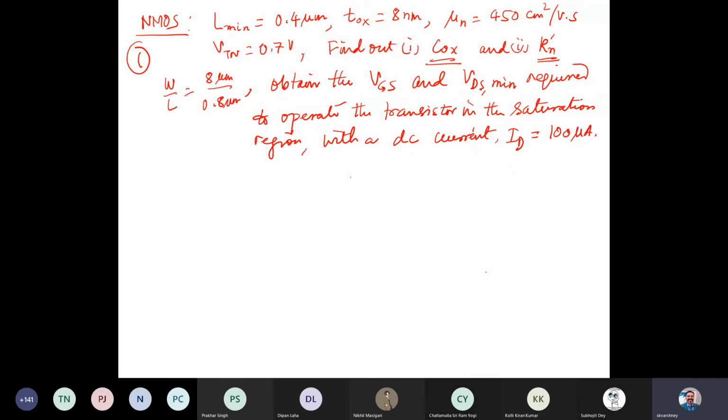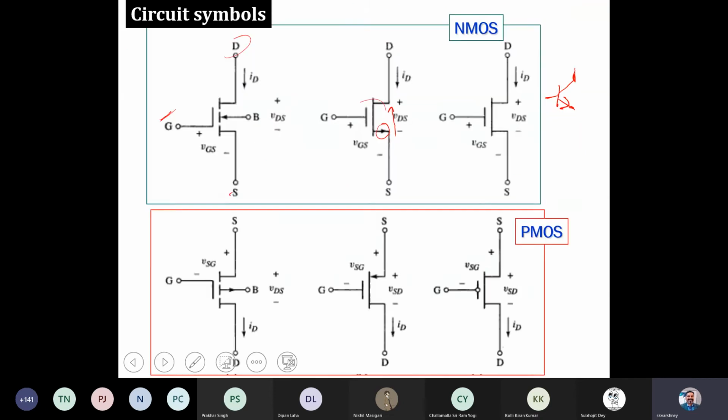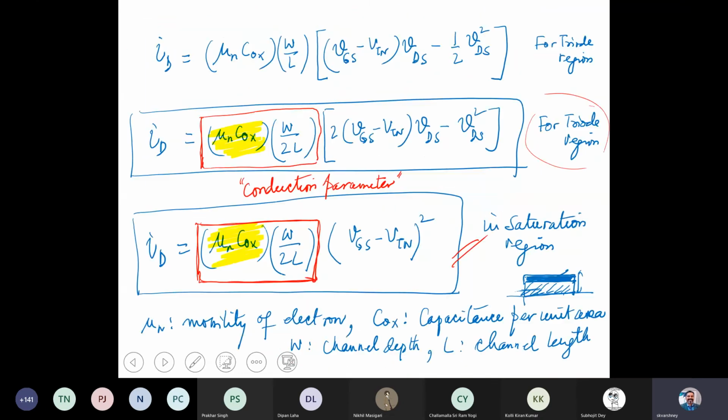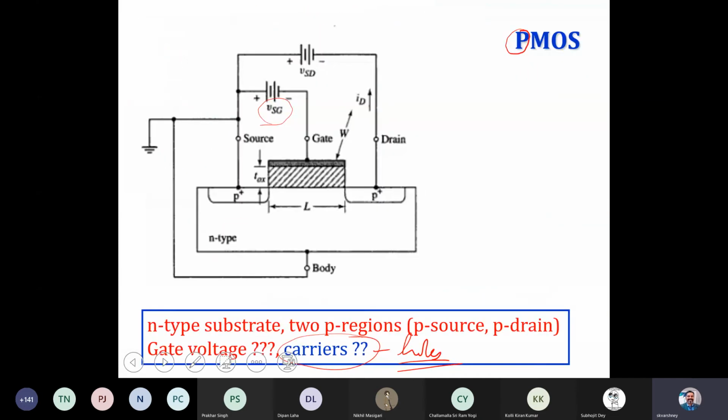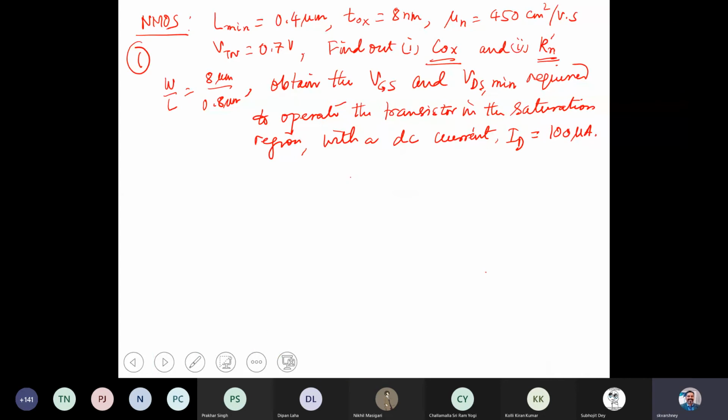We are going to use the equation ID equals mu n Cox W by 2L, VGS minus VTN square. So we are going to use that equation to find out VGS, and once we have the VGS, we can find out VDS minimum. It means we are talking about